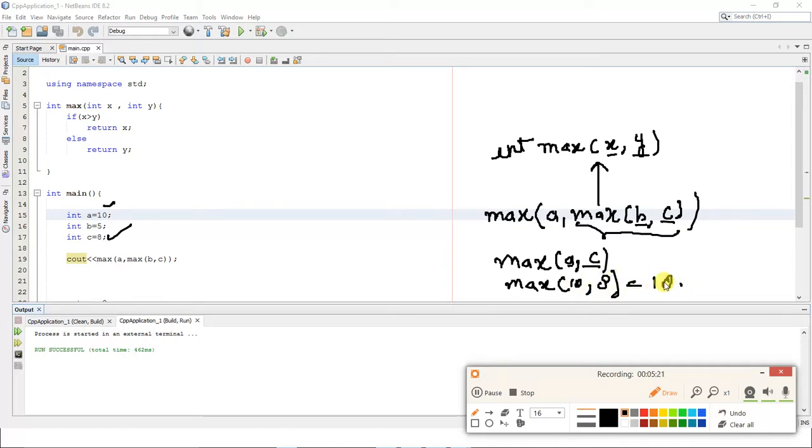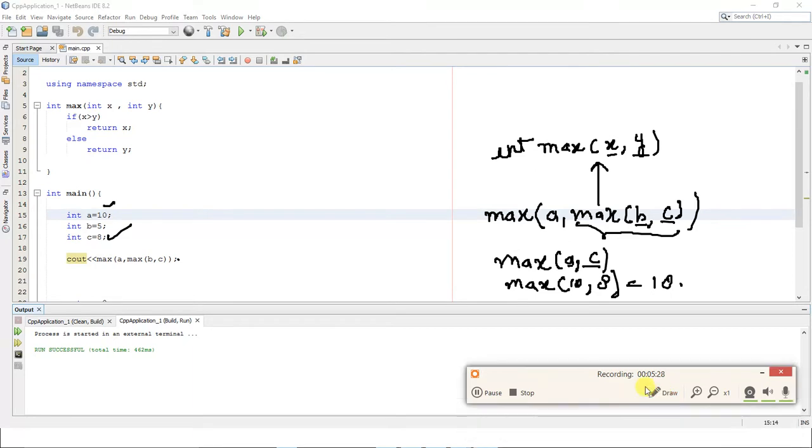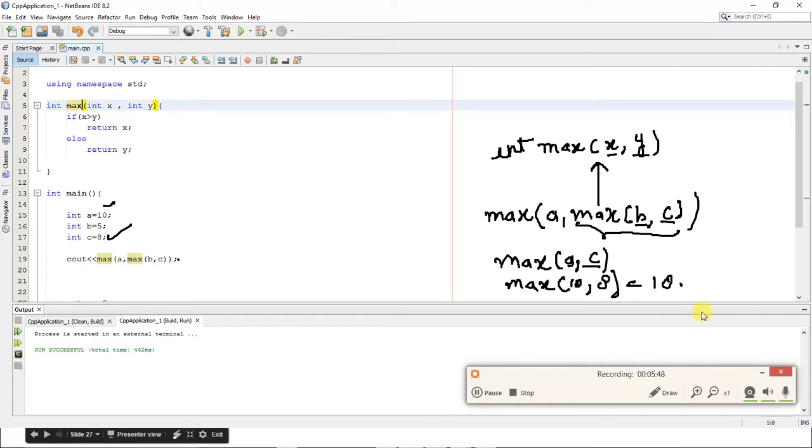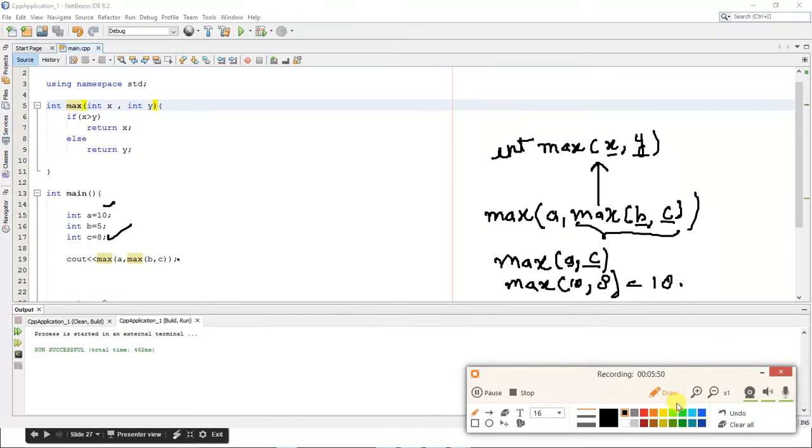So you can see this piece of code, if you just observe, is very simple to understand, and it's very sweet and simple. You don't have to write duplicate code in your program. So it is very simple to understand and debug. And now if you want to find, for example, the minimum, then you can create another function. So let us take a look at another very sweet example